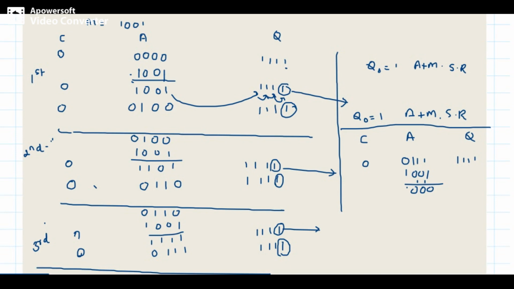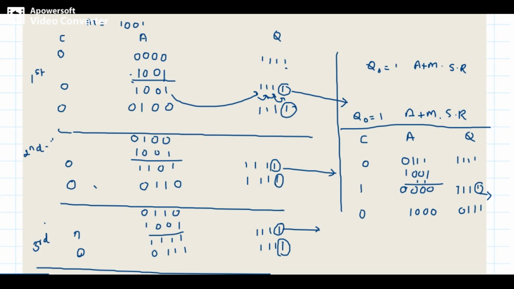Here it is 1, and the carry is 0, and this is nothing but, this is 0, carry is 1, carry is 1, carry is 1, and I'll write Q as it is, 1, 1, 1, 1. So now perform shift right. So neglect this value. So start writing from the previous 1, 1, 1, 0, 0, 0, 0, 1 and 0.